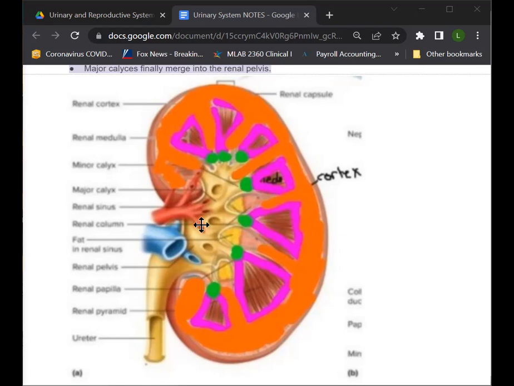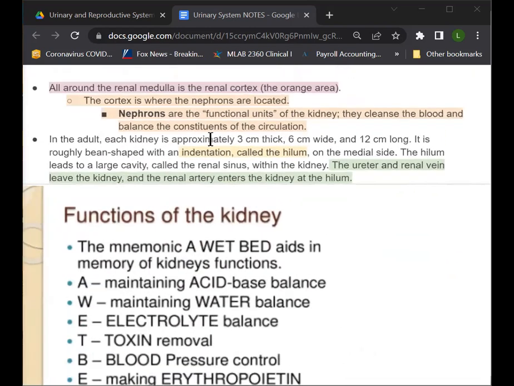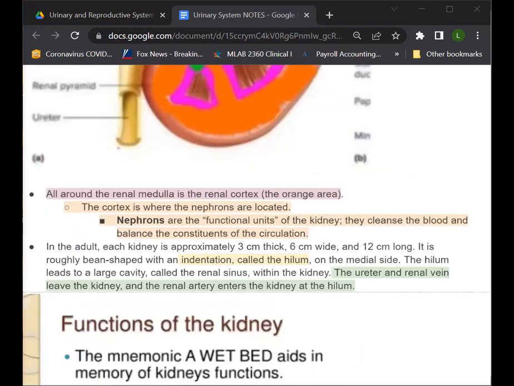Okay, all right, so speaking of the nephrons, the nephrons are the functional units of the kidney. These are the specific structures that are looking at the blood and removing substances from the blood and putting them back in if they're needed. That's the job of the nephron. Those are the specific structures in the kidney that are doing that.